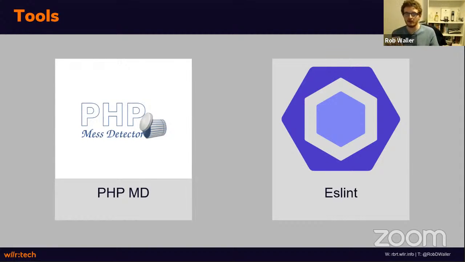So in PHP, there's a really great tool called PHPMD, which has been around for a long time now. And in JavaScript, there's ESLint. ESLint has a bunch of complexity checks. One thing to be aware of, with a slight difference between these two tools, is their defaults. PHPMD sets the default for cyclomatic complexity at 10. 10 is still relatively high, right? So if you've got a lot of methods that have a complexity score above 10, you have a problematic code base.